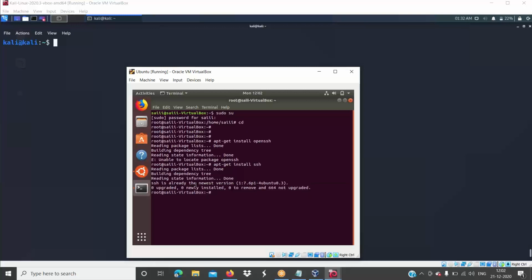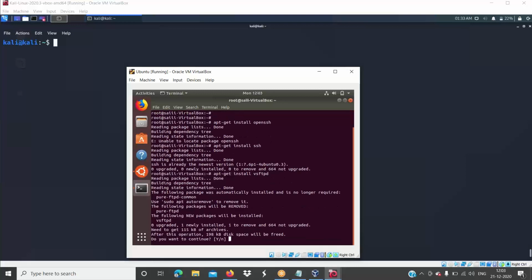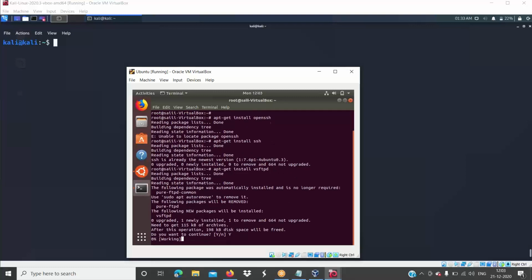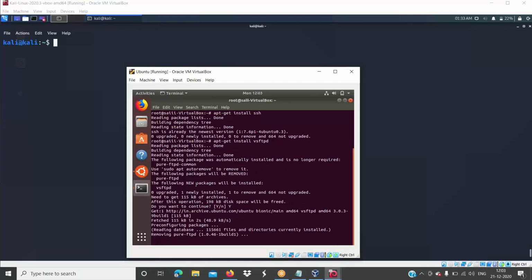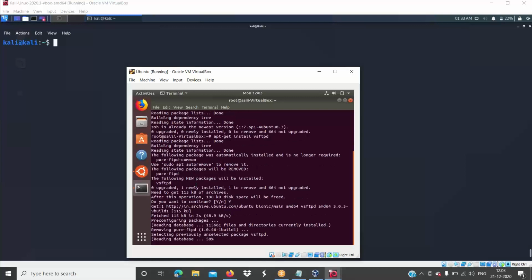It's already available. In a similar way, you can install any kind of FTP server, like apt-get install, let's say VSFTPD. You can see I'm installing the FTP server over here, right?